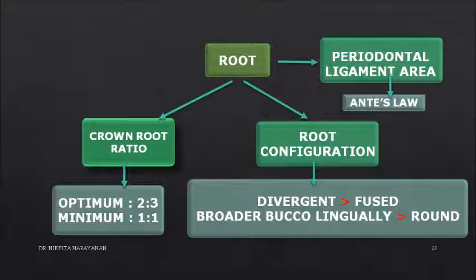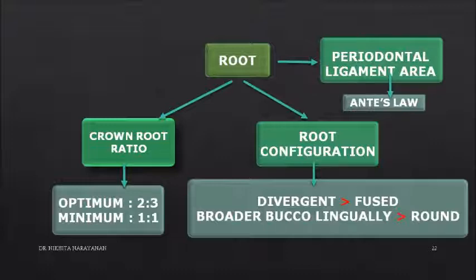Now when we talk about root configuration, this is an important point in assessment of an abutment's suitability from a periodontal standpoint. Roots which are broader buccolingually are preferred more than a root which is completely round in cross section. In the posterior region with multi-rooted teeth, roots which are widely separated will offer better periodontal support than roots which converge, fuse or are generally present as a conical configuration.